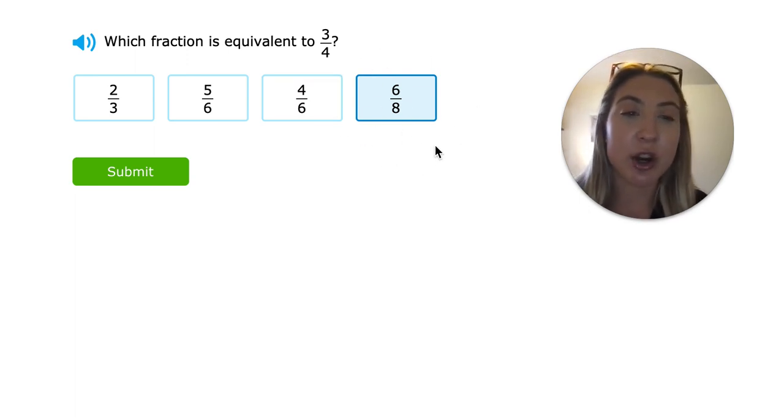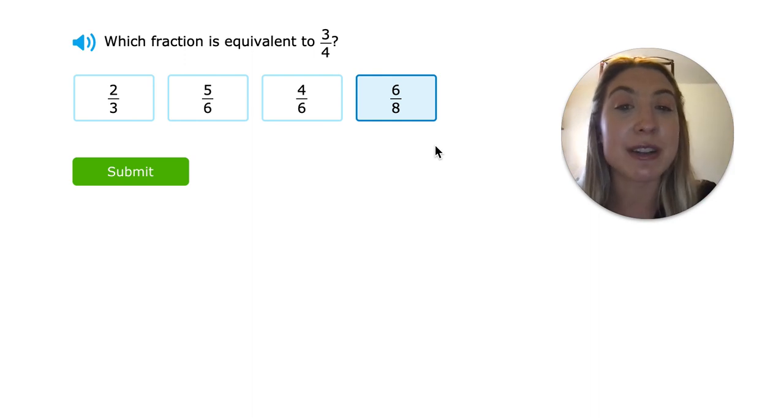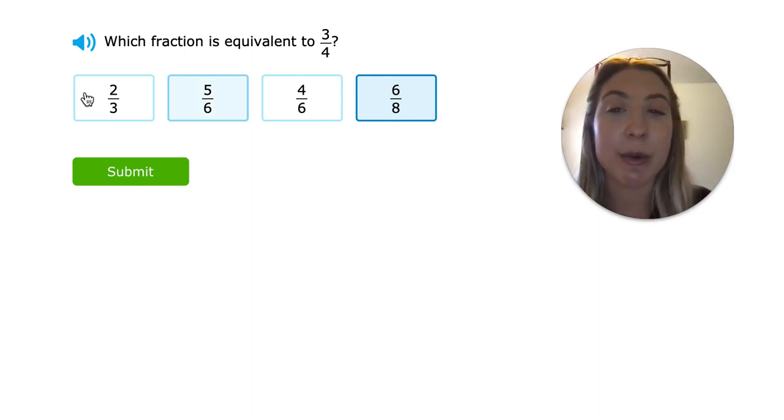So remember, to find our equivalent, we're either going to multiply the top and bottom number by the same thing, or divide the top and bottom number by the same number. That's how we figure out what is